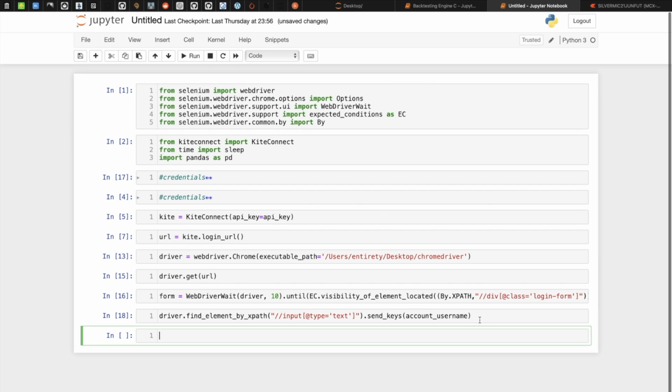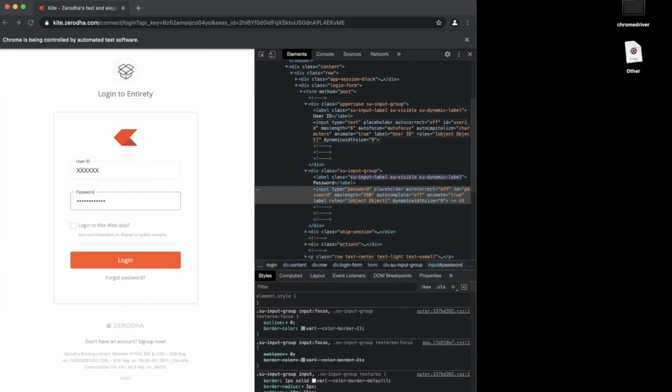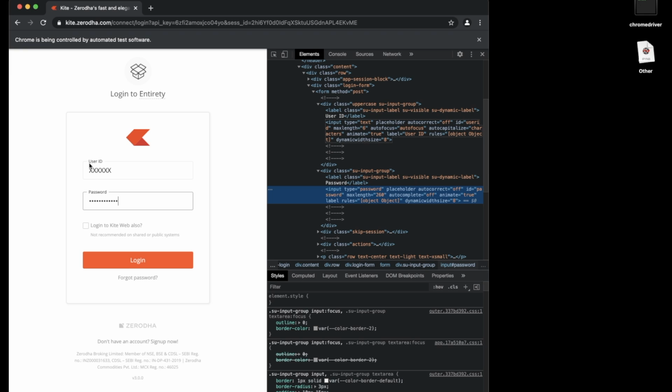So we can copy this part and enter input, where the type is simply password, and we have to send the account password. Let's do this. As you can see, the user ID is filled and the password is also filled.